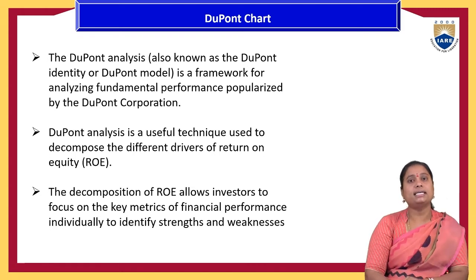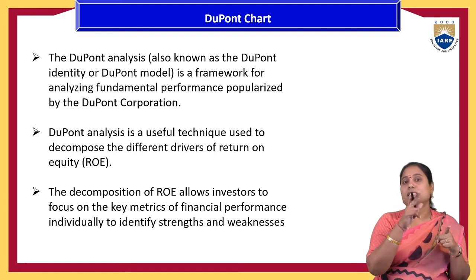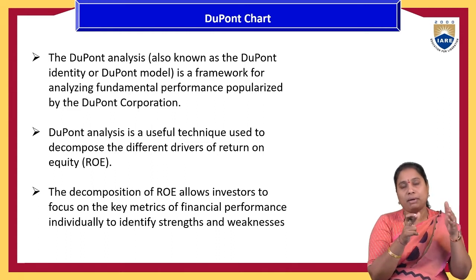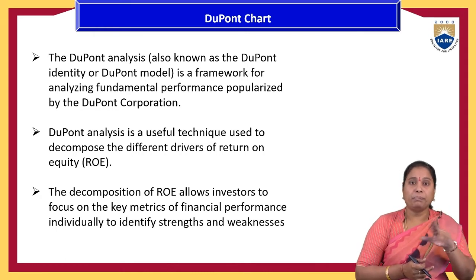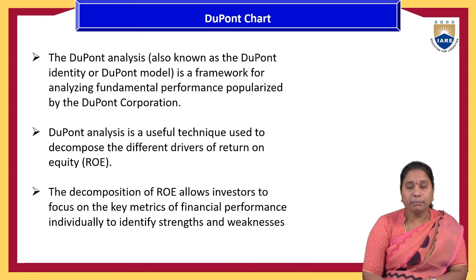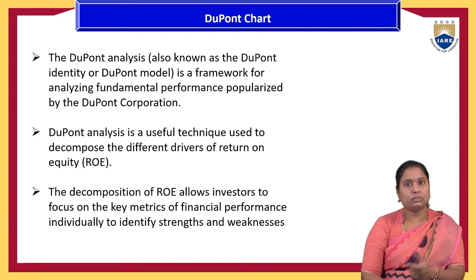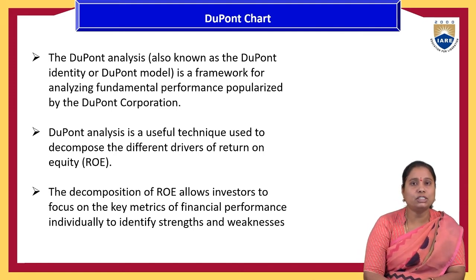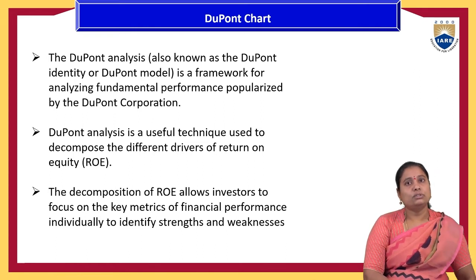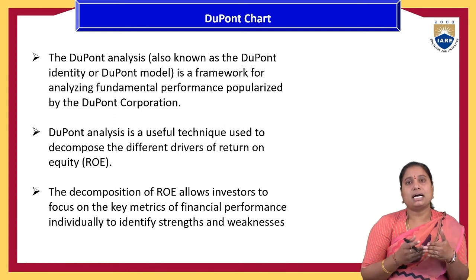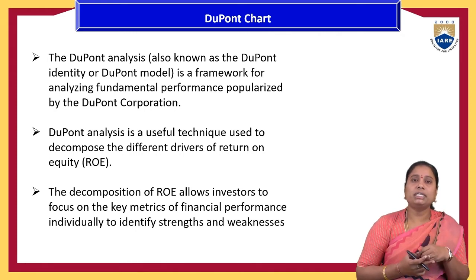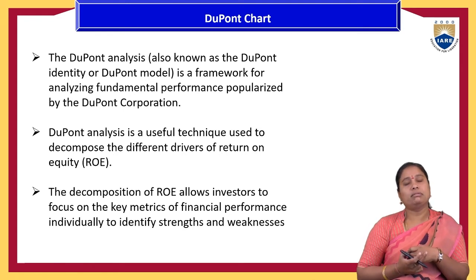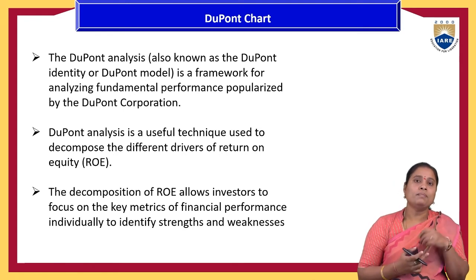Let us say the current ratio of the organization is in a good position. Then obviously the remaining balance should be filled with the fixed assets ratio. So how are they coping up? If the organization has done any manipulation in projecting the ratios, it can easily be identified with the help of this DuPont chart analysis. So it is a framework for analyzing the fundamental performance of any corporation, and it was initiated by DuPont Corporation. That's why it is called the DuPont chart.